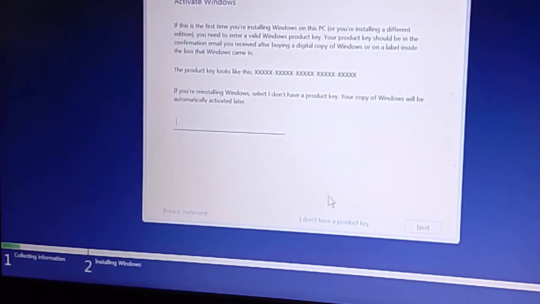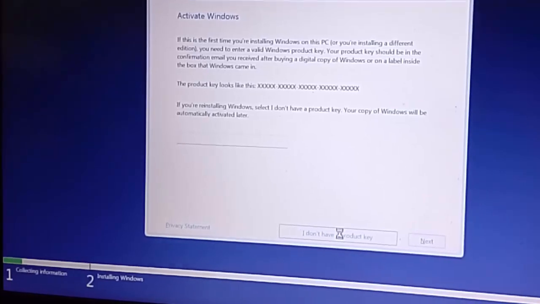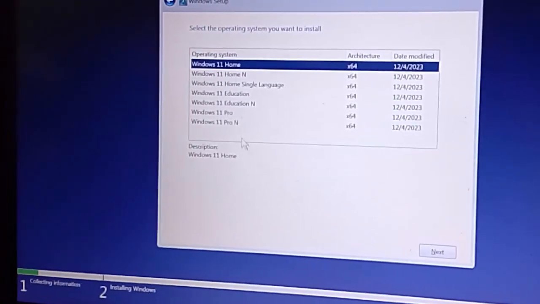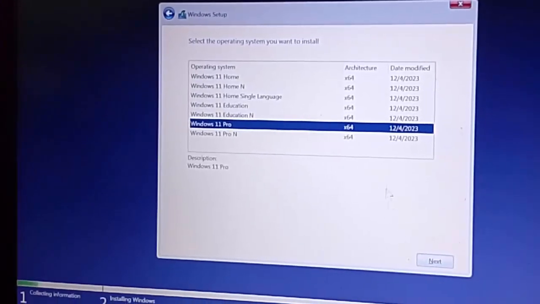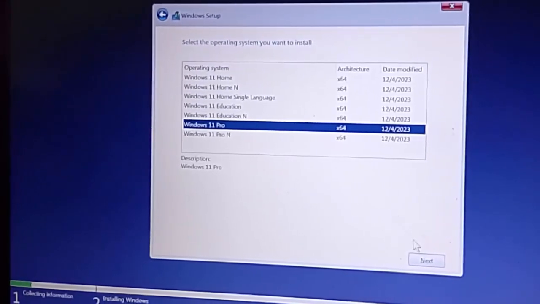I don't have a product key now, so that's why I select I don't have a product key. I'll try to install Windows 11 Pro and 64-bit. Next,